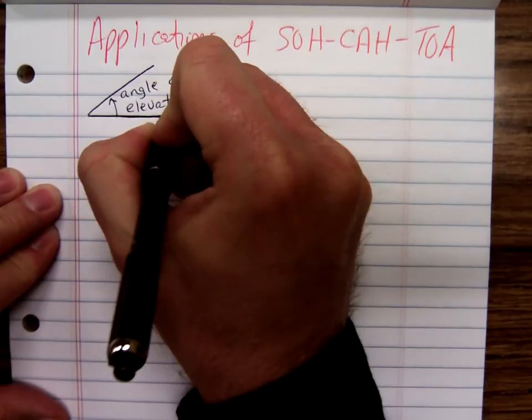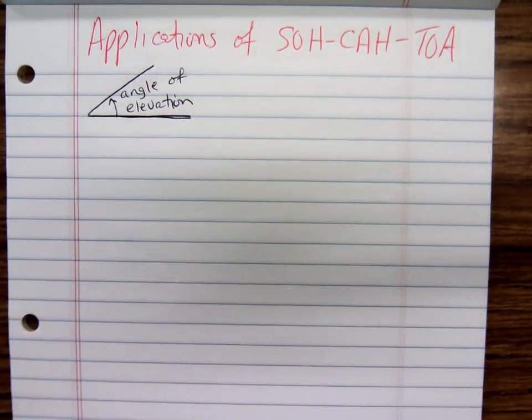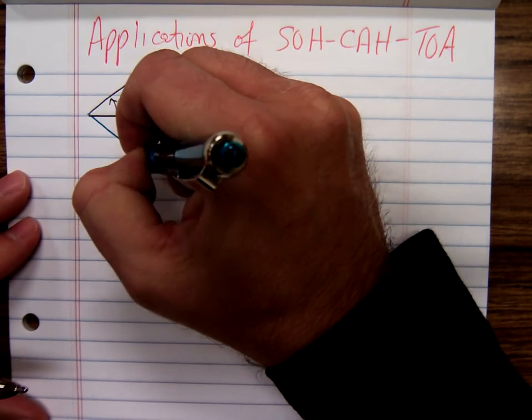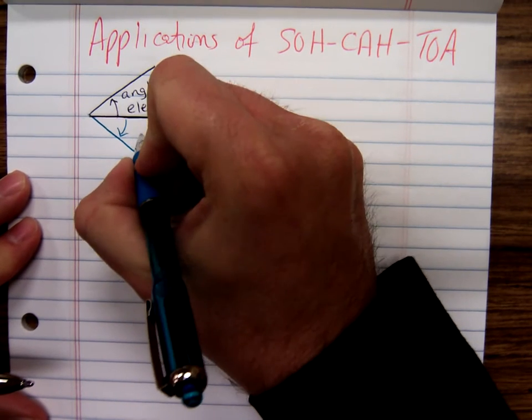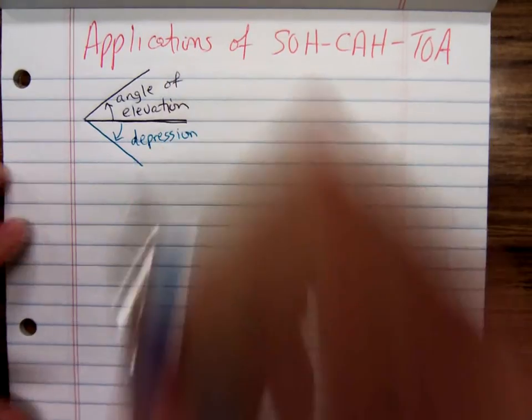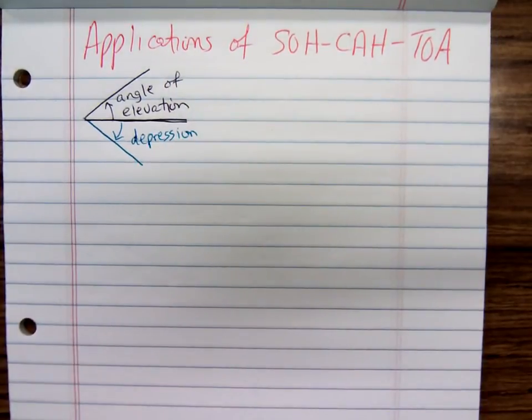So if it's up from the horizontal line of sight, angle of elevation, whereas an angle measured from that horizontal line of sight downward is called the angle of depression. Now, we're going to see some of this new terminology. Well, new to you, not new to the world of